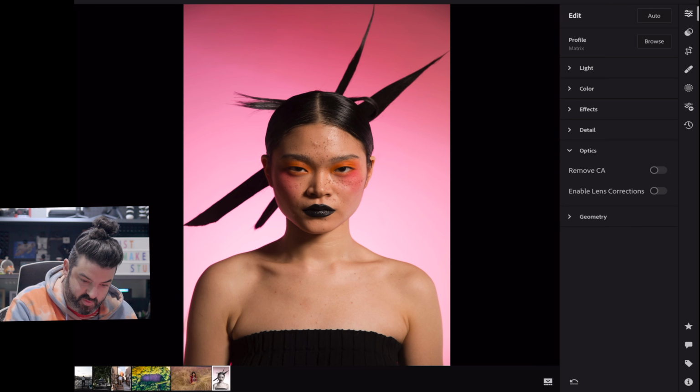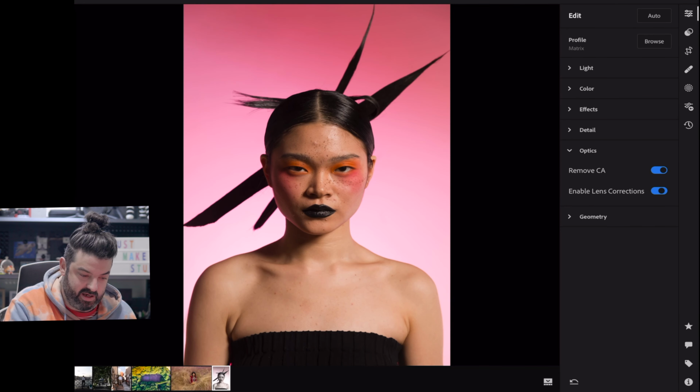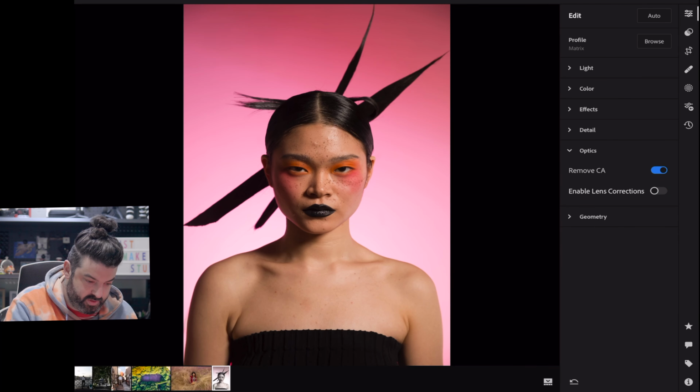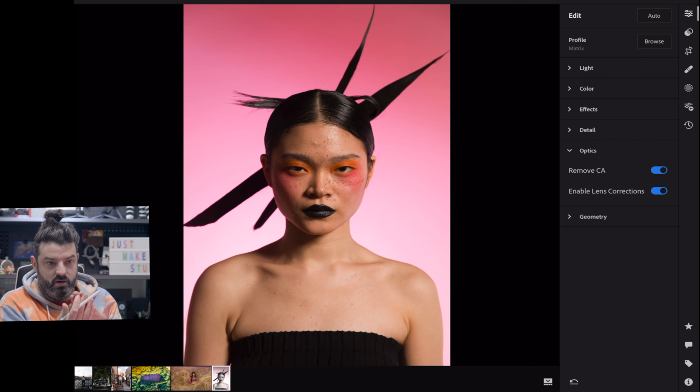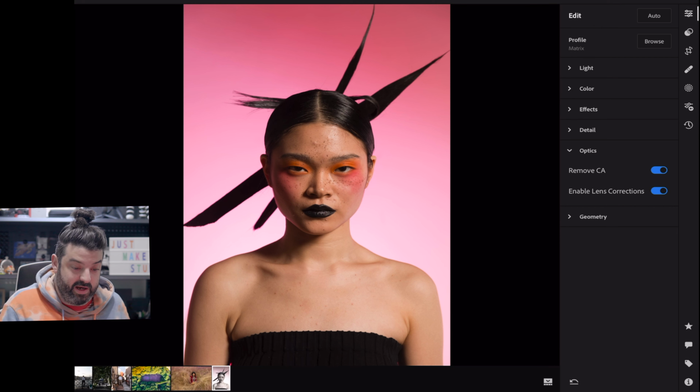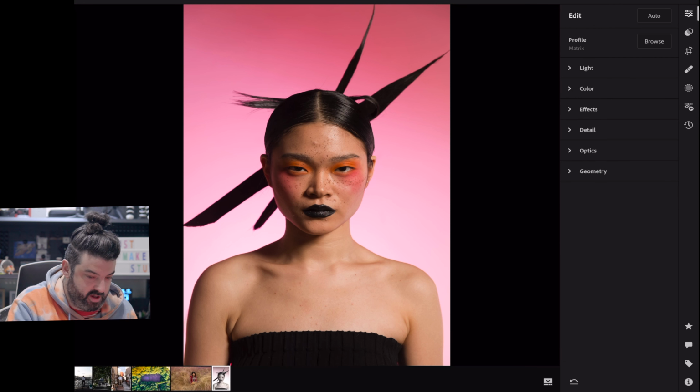So first things first, remove chromatic aberration, enable lens corrections. You won't even really notice it before doing it, but once you've done it, the lens correction does help just flatten out the image correctly. So that's always what I do first. And then